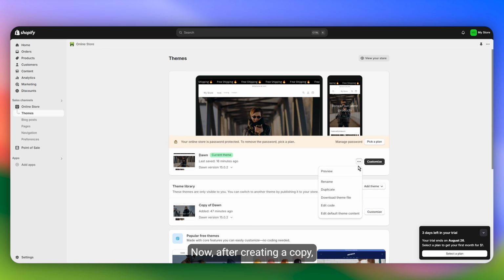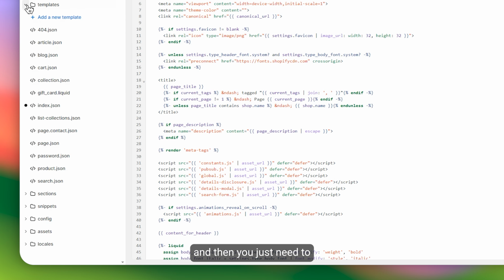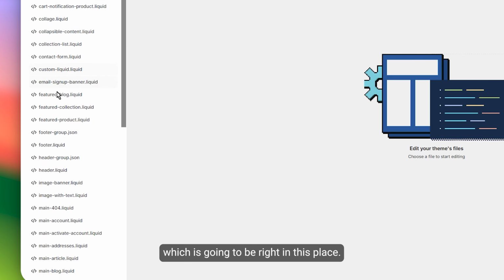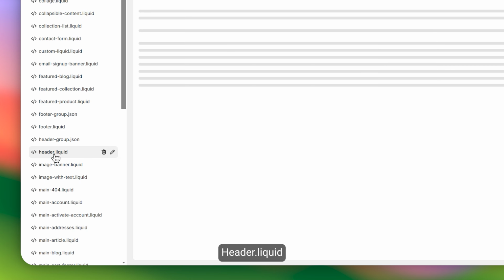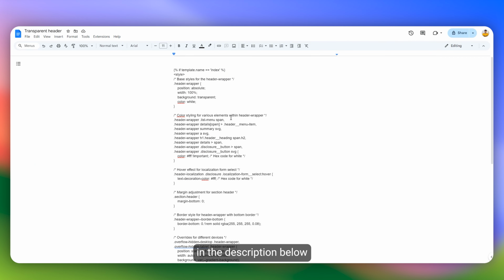Now after creating a copy, you just need to click on this edit code, and then click on sections, and then search for the header section, which is going to be right in this place, header.liquid. Now you just need to click the link in the description below, and